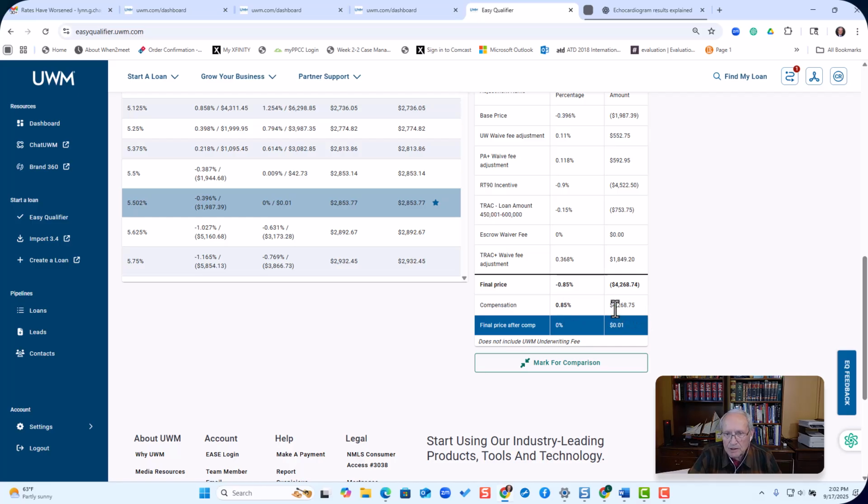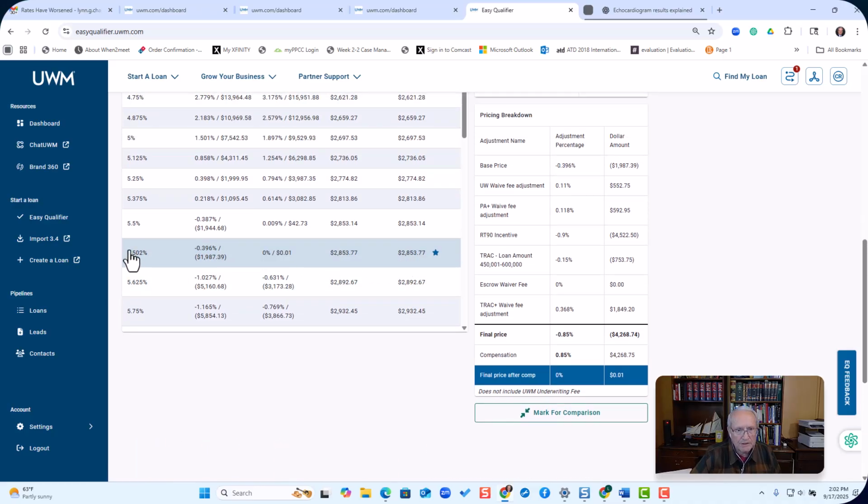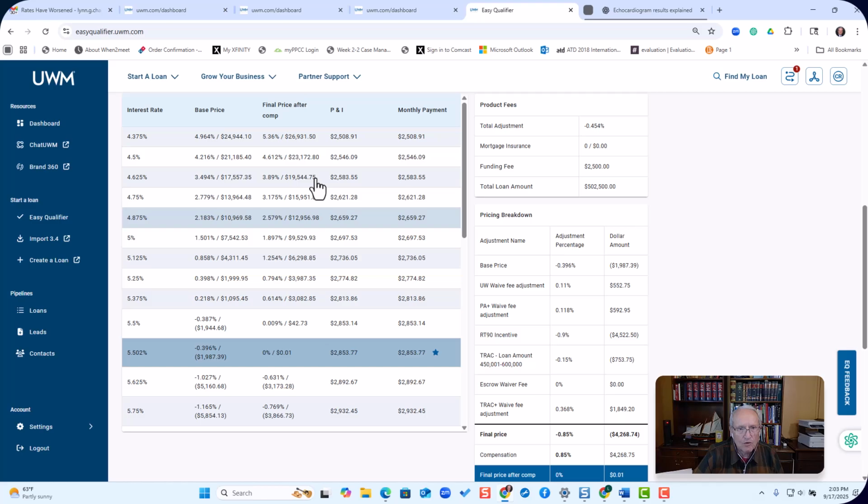my 0.875. And so there's the $4,200. Again, you go over here, they star the one that's the ideal. That costs 1 penny. If you wanted a lower rate, you could get from 5.502 to 5.5, it would cost you $42. If you wanted 5.375, it's going to cost you $3,082. 5.25 is about $900 more. So again, you can see what it costs to buy the rate down lower,